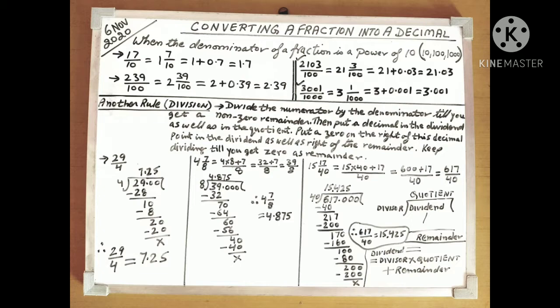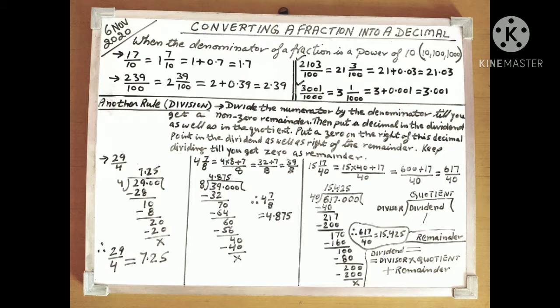See the next example, 239 by 100. We write it as a mixed fraction 2 and 39 by 100, that is 2 plus 0.39, that is 2.39. See the next one, 2103 by 100. If we write it as a mixed fraction, we get 21 and 3 by 100, which is equal to 21 plus 0.03